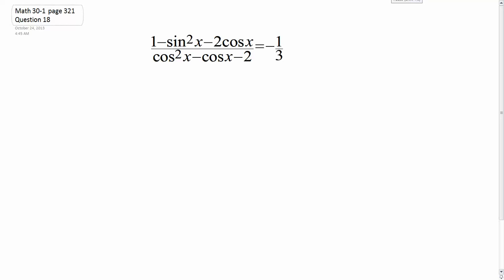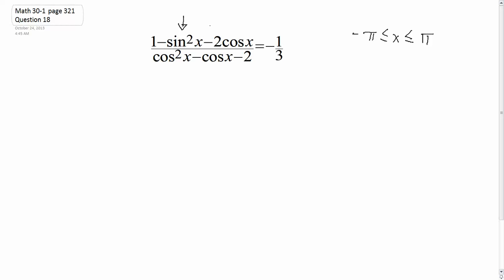So we're looking to solve question number 18 from the pre-calculus textbook. We're going to solve this over the domain of negative pi is less than or equal to x, which is less than or equal to pi. So the first thing I'm going to do is get rid of that sine squared x,